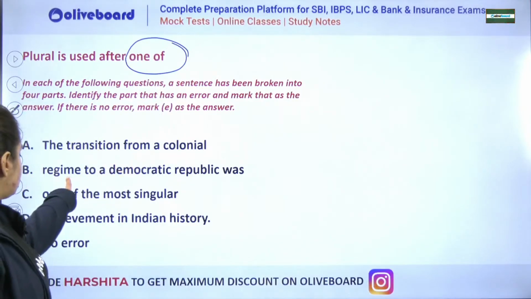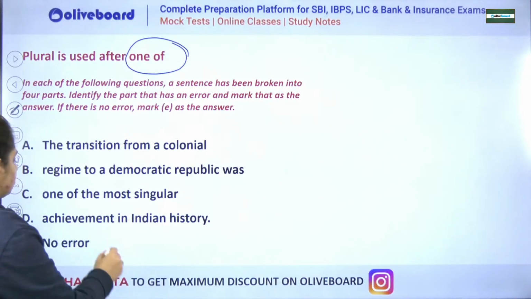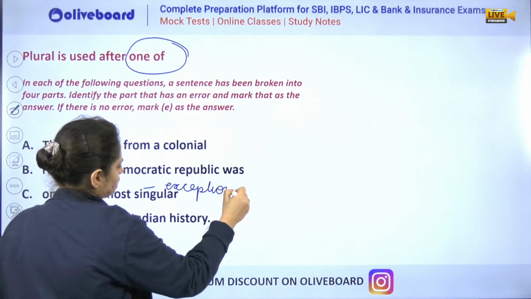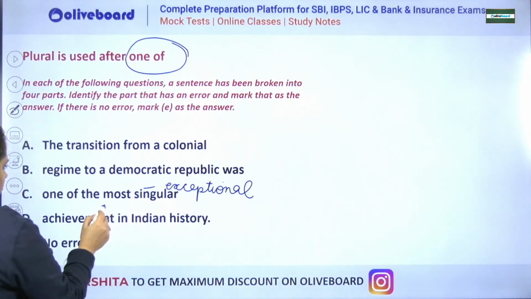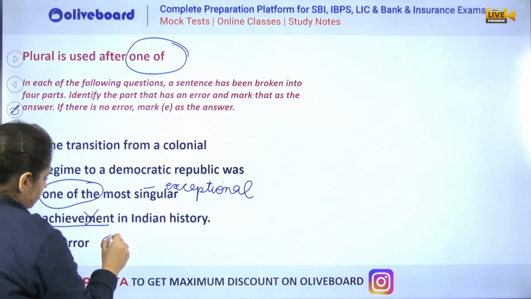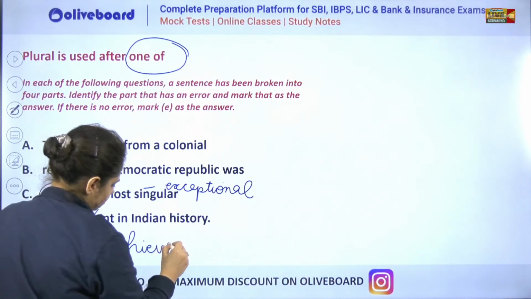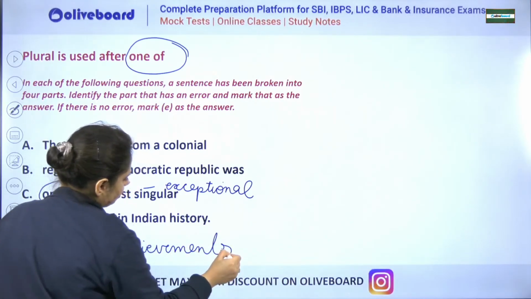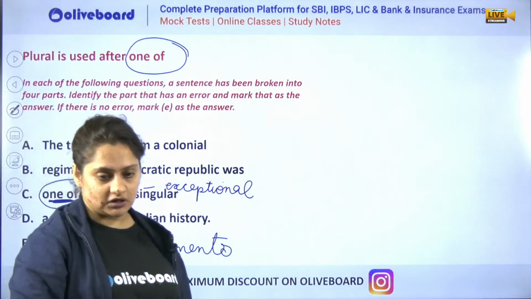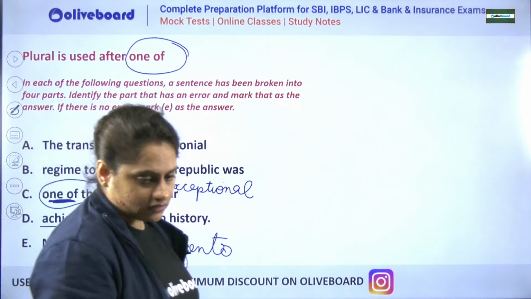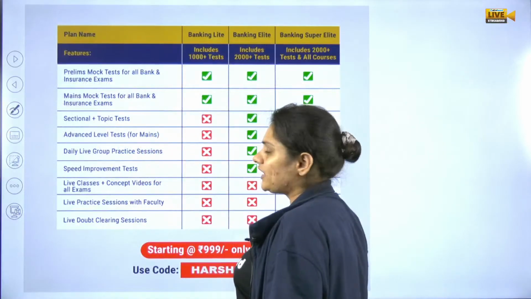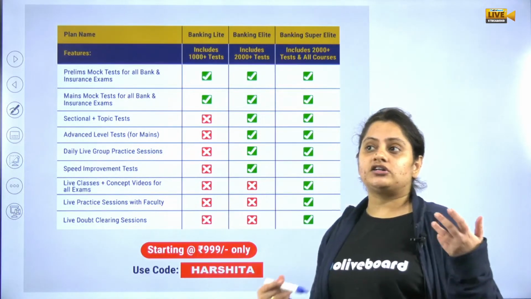The transition from a colonial regime to a democratic republic was one of the most, singular means here exceptional, very nice, exceptional, was one of the most, what, one of the most exceptional achievements, not achievement, achievements क्या आएगा, plural, okay, whenever you see one of after this we are selecting one always out of plural, okay, one of के बाद हमेशा plural, okay, this is a very common rule they ask, after one of always plural।